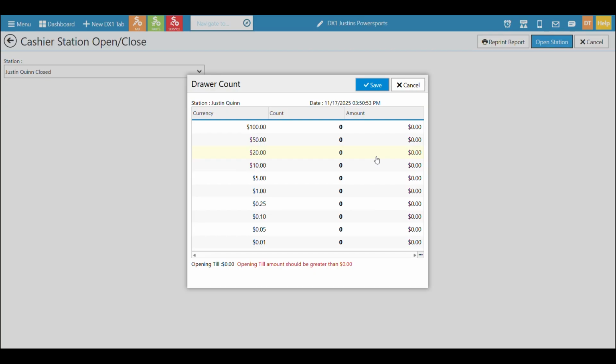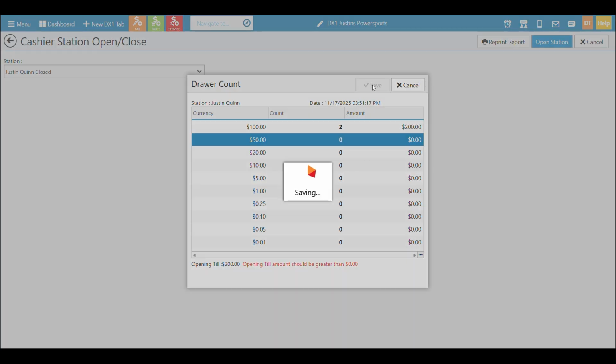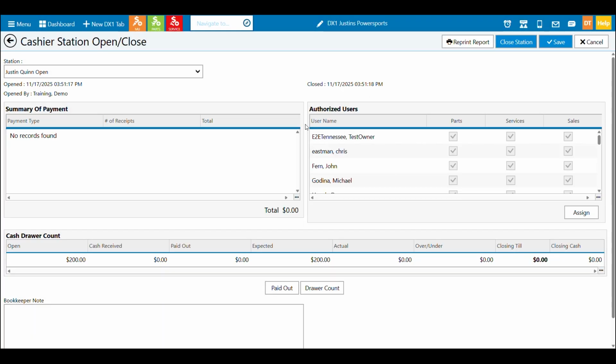Most companies who have retail situations have cash drawers. The cash comes in and out of the safe each night, gets put into the drawer to start with, and the balance finishes out. Eventually, that's how you balance. So in this case, let's just say we're going to start our day with $200. I could enter that in multiple denominations, which would be normal for most of you. For this sake, I'm going to make it easy for rounding. So my drawer has $200 in it. I click save, and now this drawer is officially open.